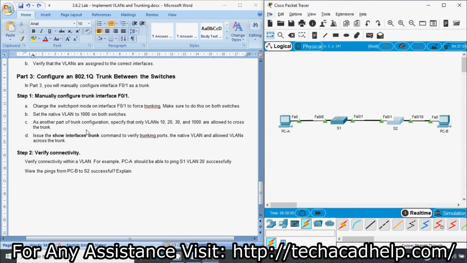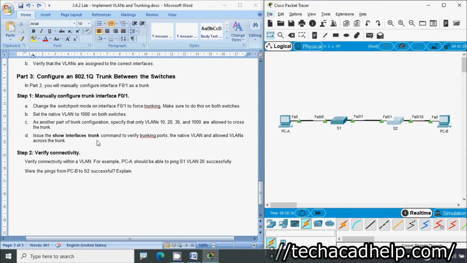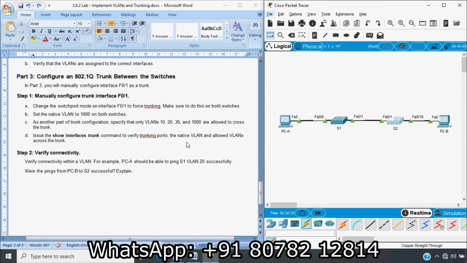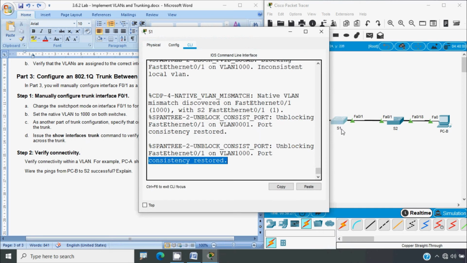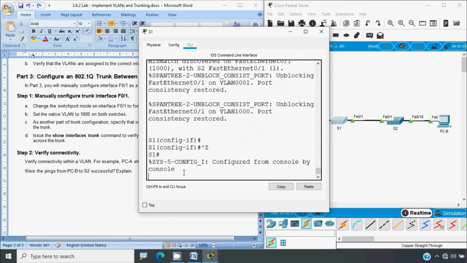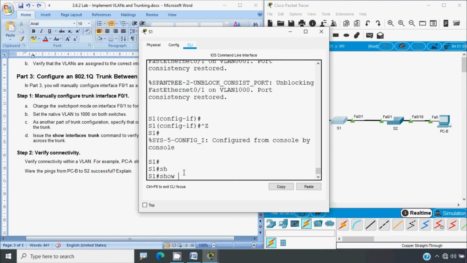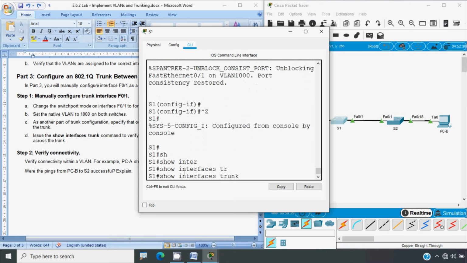As another part of trunk configuration, specify that only VLANs 10, 20, 30 and 1000 are allowed to cross the trunk. Okay, we will do that. Issue the show interface trunk command to verify trunking ports, the native VLAN and allowed VLANs across the trunk. Just we'll go to S1, and here we can see now that consistency is restored because on both switches we gave this native VLAN 1000. Press Ctrl Z and here we will give show interfaces trunk,